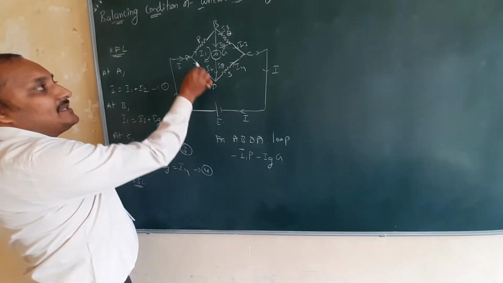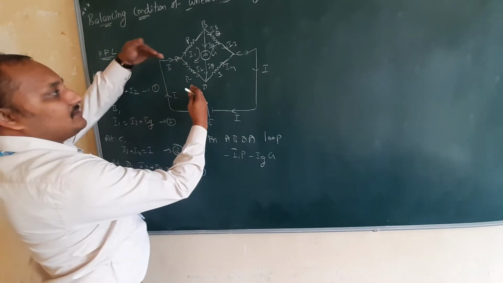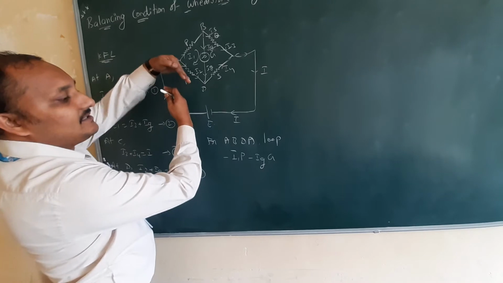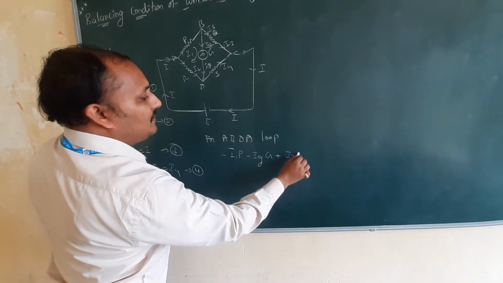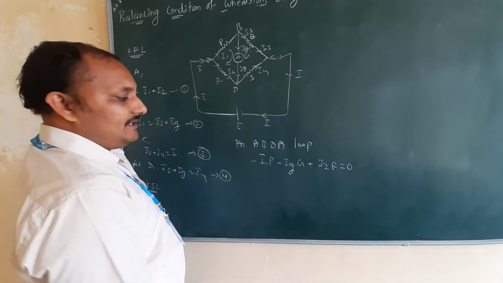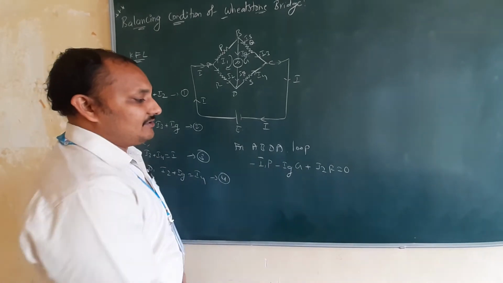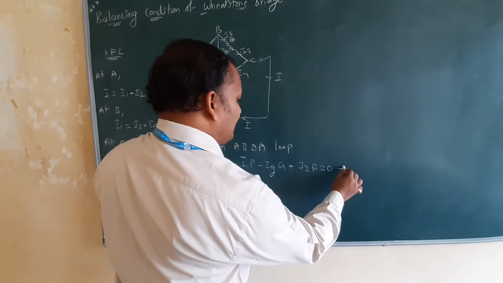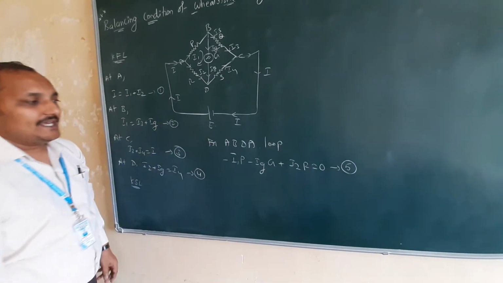Next, we are going from D to A. The current is from A to D. Both are opposite. The loop direction is like this and the current direction is opposite, which means we have to take plus. Plus I2 is equal to 0. Isn't it? So this one you can send to that side or you can leave it like this only. That is equation number 5, because already we wrote 4 equations. This is for loop ABD.